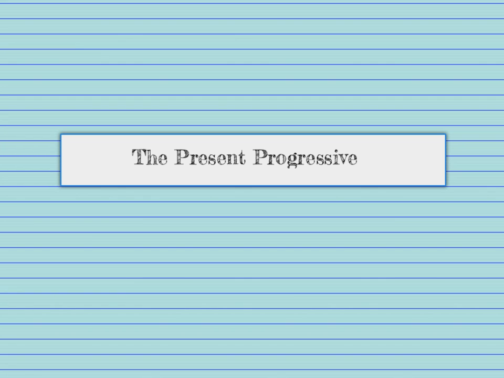Hello everybody. So this week we're going to be talking about the present progressive, o el presente progresivo. So what is el presente progresivo? Presente progresivo is used when you're trying to talk about an action that is happening at this instant, that is currently happening. So in English, we would say something like, I am